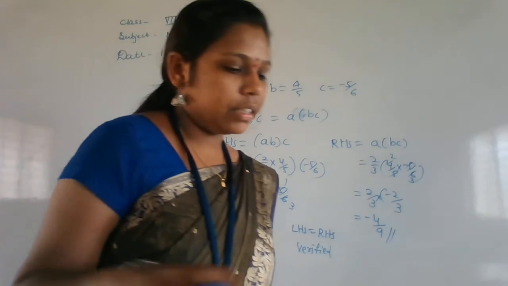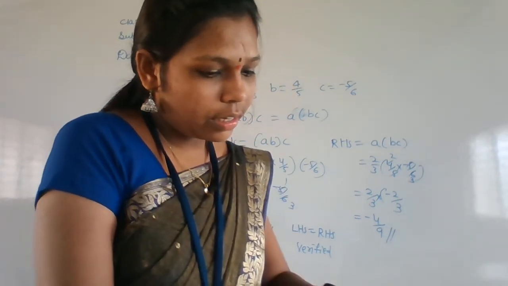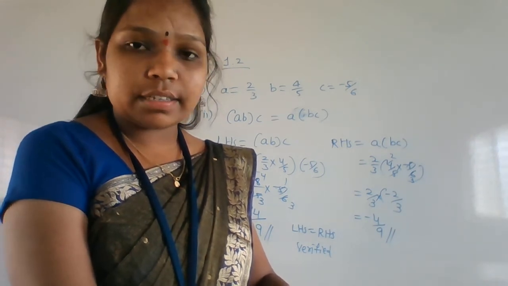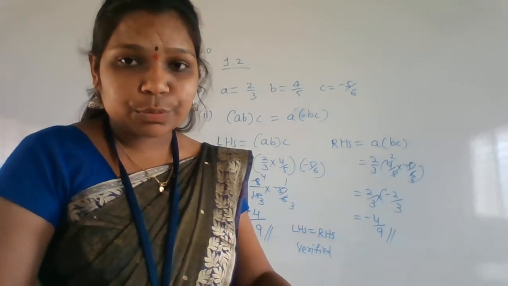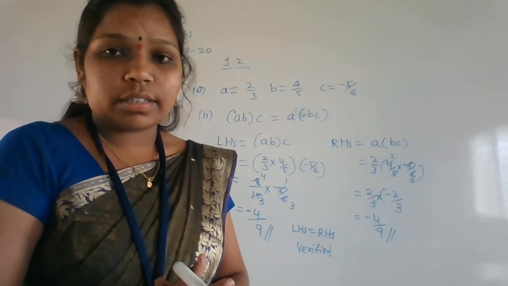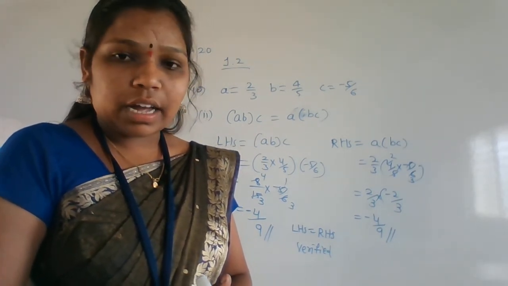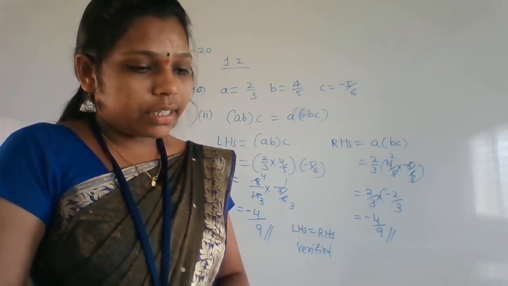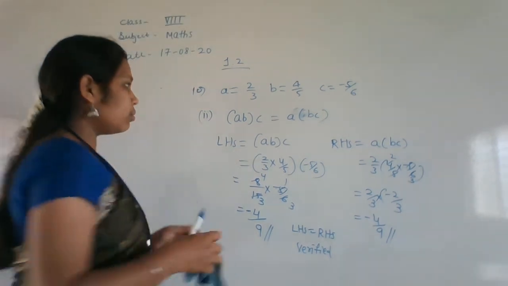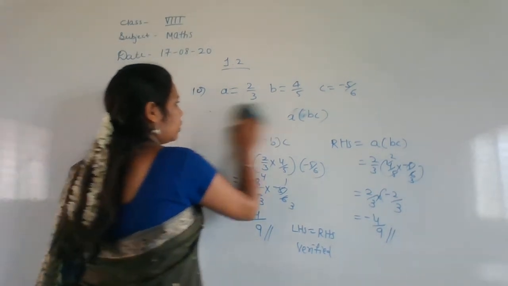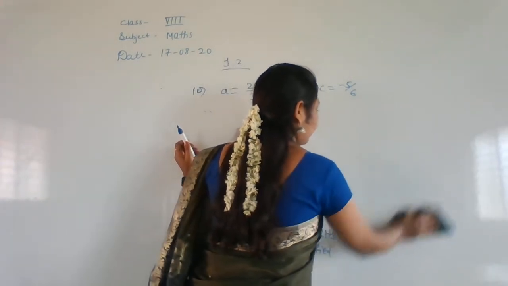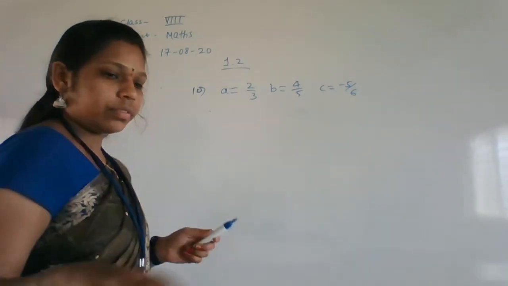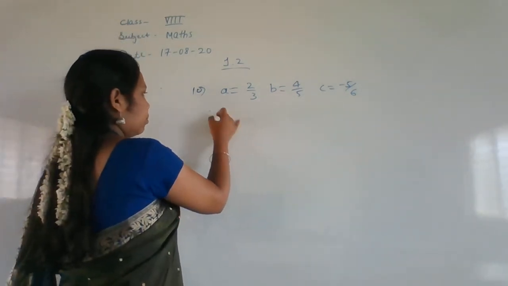Okay. So next one. Next one what is there? The question is A into B minus C is equal to AB minus AC. That is nothing but the distributive property over subtraction they have given here. So you have to verify. I hope everyone understood. So we'll better do, okay, I will do it now. That is the third problem here.